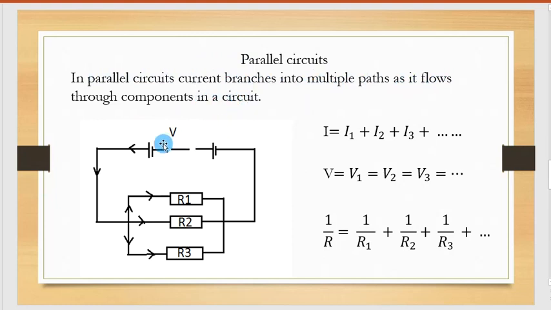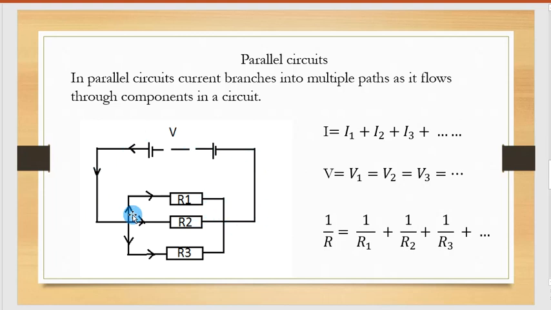So in short, current does not have only one path through which to pass, but it has several alternatives or multiple. As current originates from the battery, as you can see in this particular case, when it reaches this junction here, some of it will pass through resistor 1, some of it will pass through resistor 2, and some of it will pass through resistor 3. At the end, these three currents will meet here and sum up and go back to the battery as a total, and repeat the same procedure.